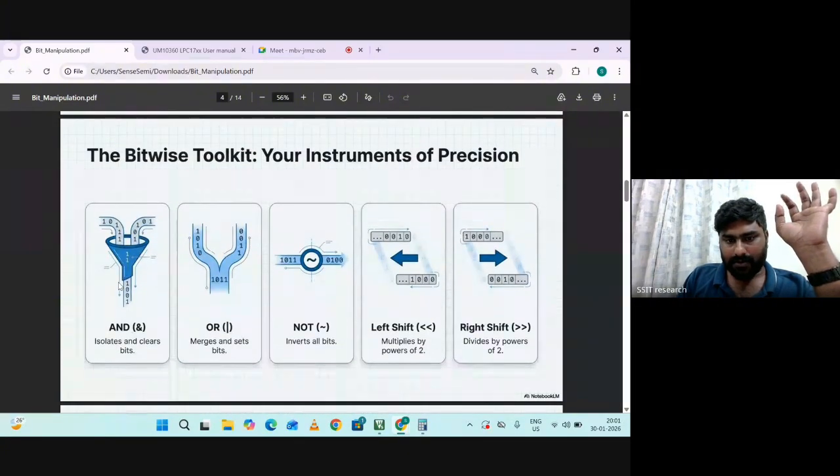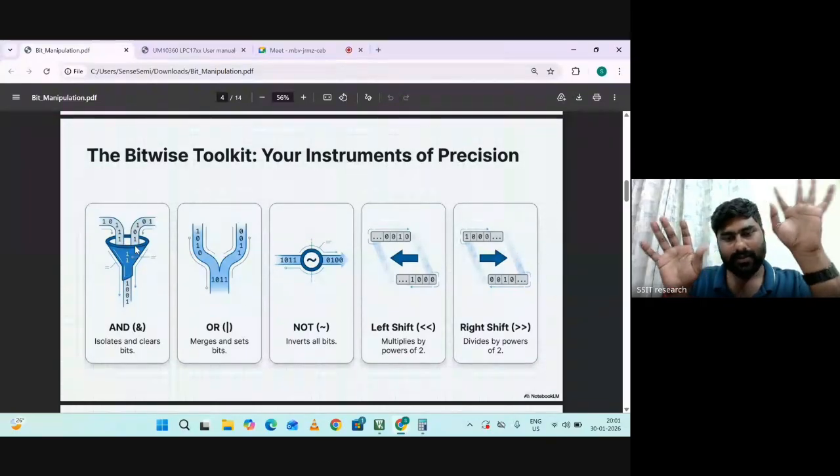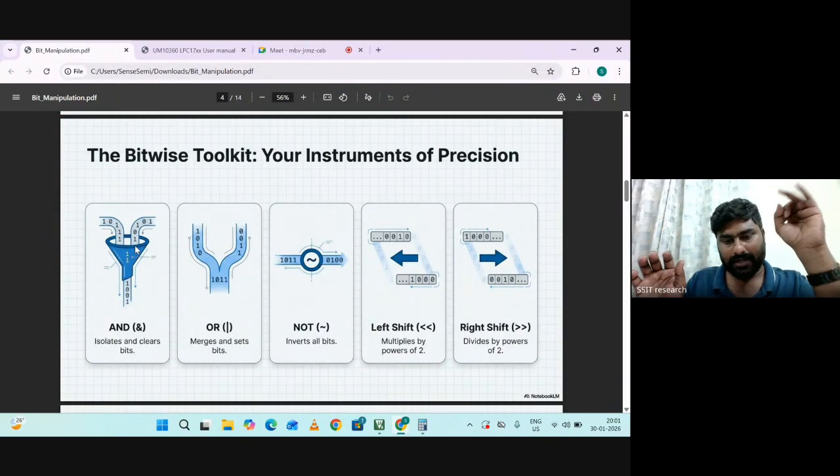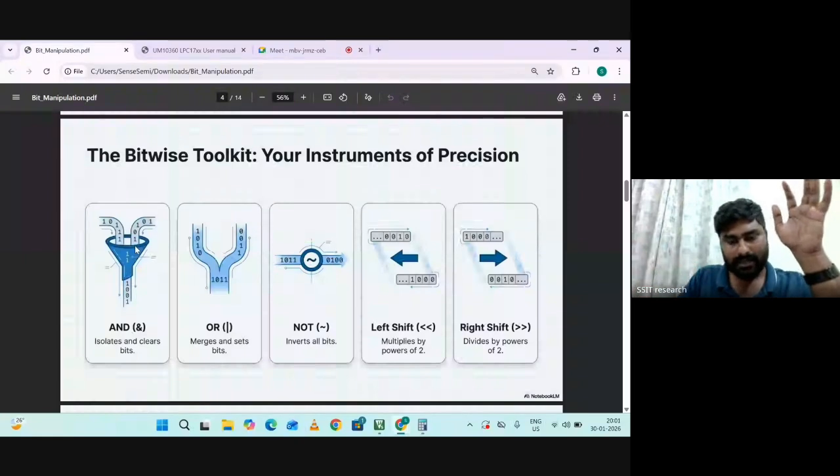Now we will discuss the 5 major bitwise operations for any embedded engineer role. These particular questions, the students for sure will get. What are the bitwise operations? AND operation, OR operation, NOT operation, left shifting, right shifting, digital electronics. All the embedded companies focus mainly on digital electronics. Why they are asking is